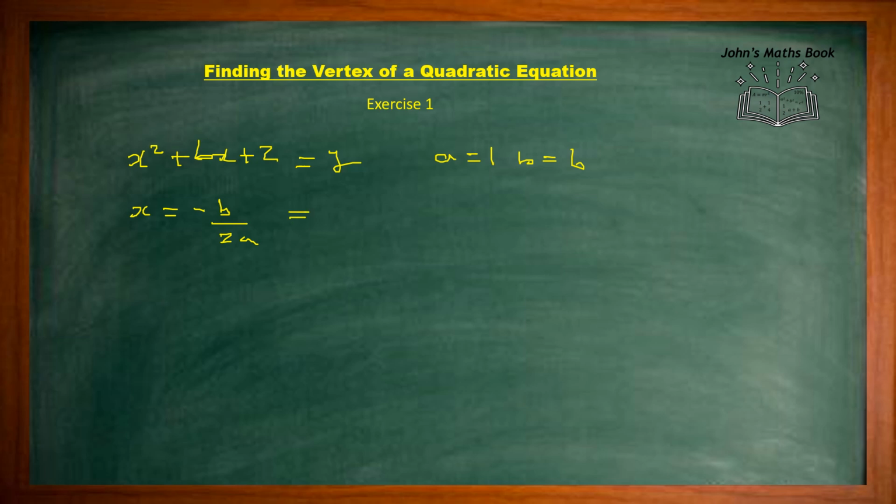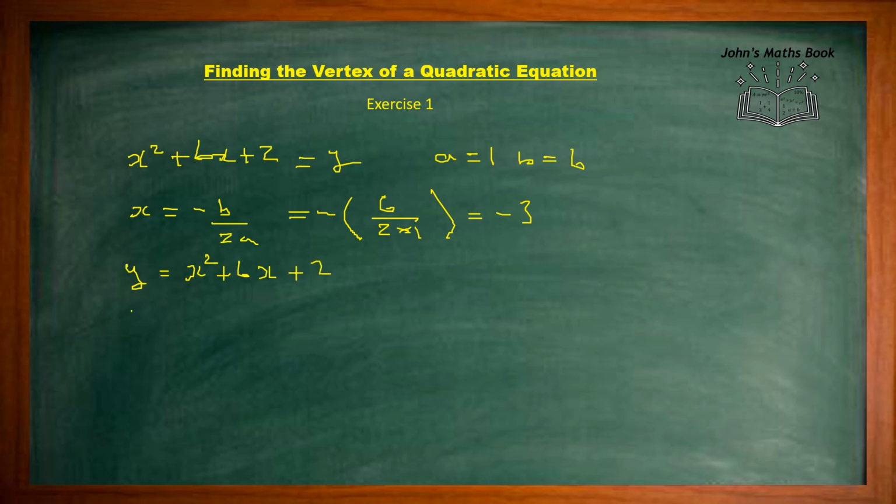So that's minus b. So b is 6 divided by 2 times 1. So that is minus 6 divided by 2. So that gives us minus 3 for the x-coordinate. And now if we substitute minus 3 into the equation y equals x squared plus 6x plus 2,